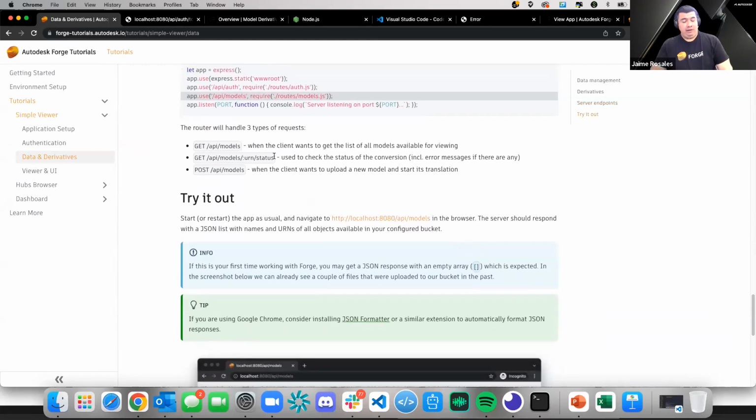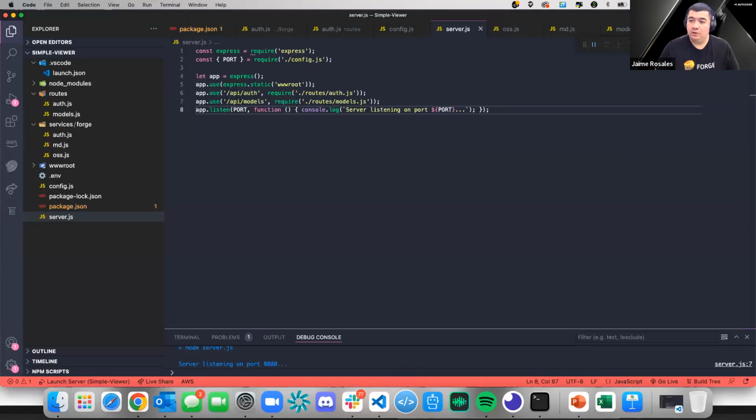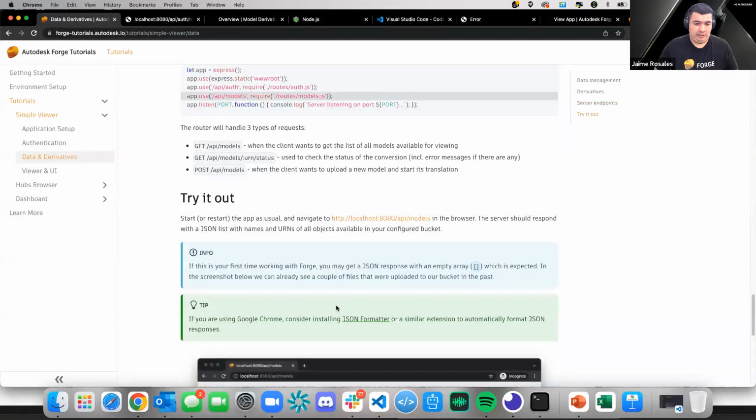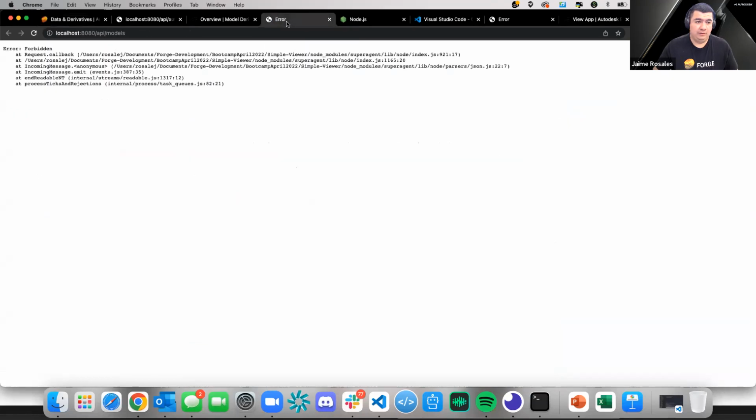Okay, so now if we restart our server, I think everything is saved. If we go into port 8080 again, but now go into /api/models in the browser, you're not going to get anything because this is basically a new bucket. So if we open a new one, if we call back,